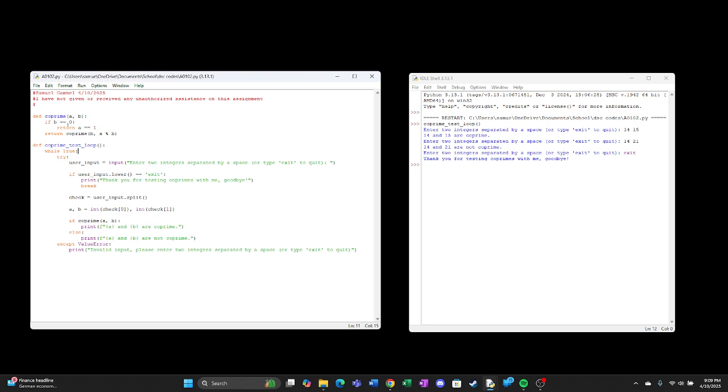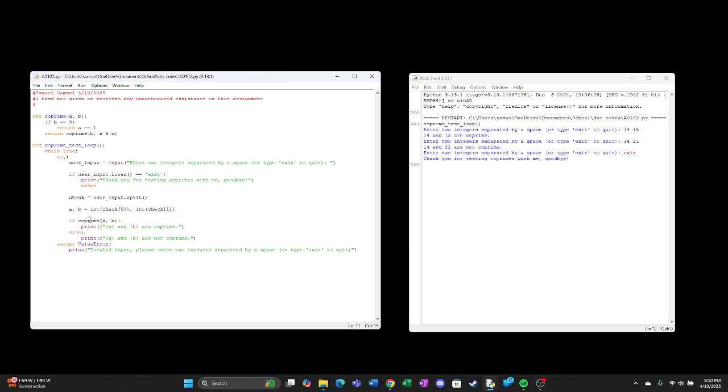Checking if B is equal to 0, meaning that it went into A in the previous calculation a perfect number of times, leaving no remainder, in which case it then goes down to check if A is equal to 1, which would mean the greatest common denominator between A and B is 1, which would make them coprime. So coming down here, if that is true, which in the case of, say, 14 and 15